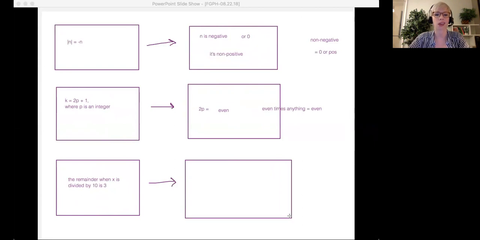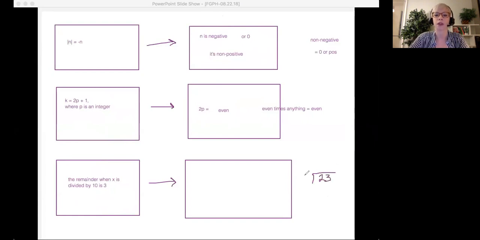What do we do with that? Well, maybe we just think, well, but if we divided 30 by 10, we'd get 3 as the quotient, but not the remainder. Remember, and for those of you who learn division in the US where we do it like this, if we take